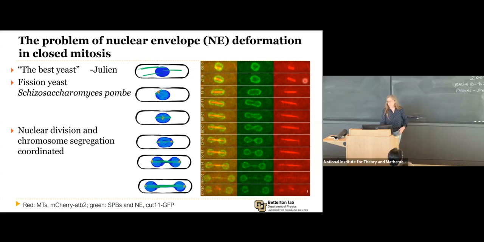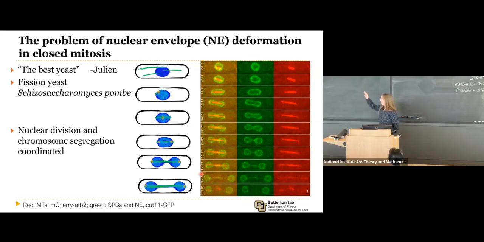And on the right are some imaging data showing what this looks like in the microscope. So I'll show a lot of images like this. Typically red will be labeling microtubules. So this red line is the spindle over time. And here in these images, the green is a protein that marks the nuclear envelope and also spindle pole bodies, the ends of the spindle in early mitosis. And so you can see